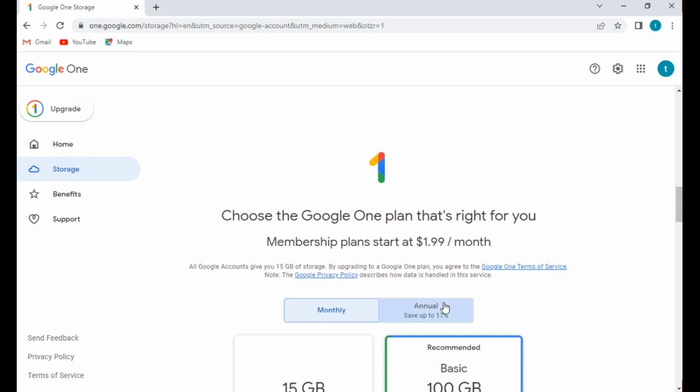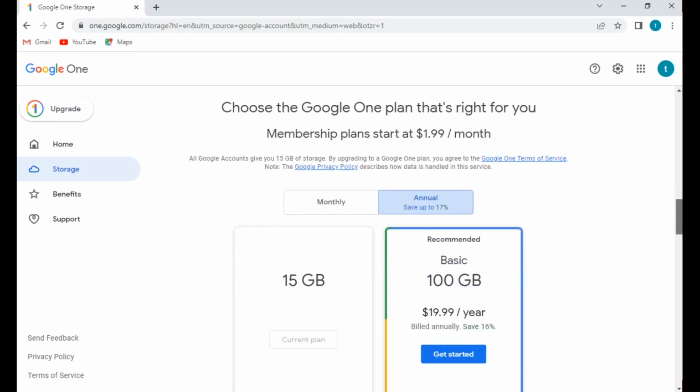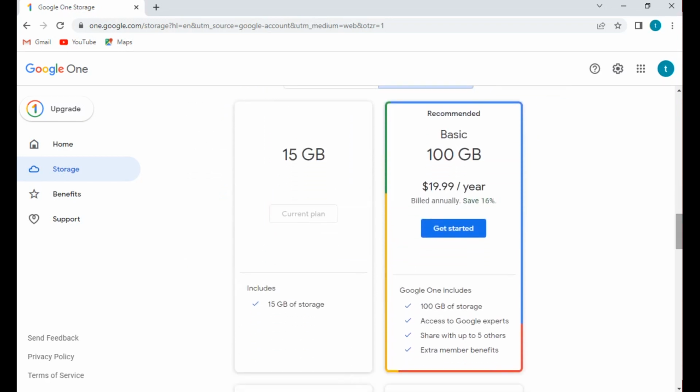Now we discuss the annual plan. The annual plan is recommended. The basic plan, 100 GB, yearly is just $20.